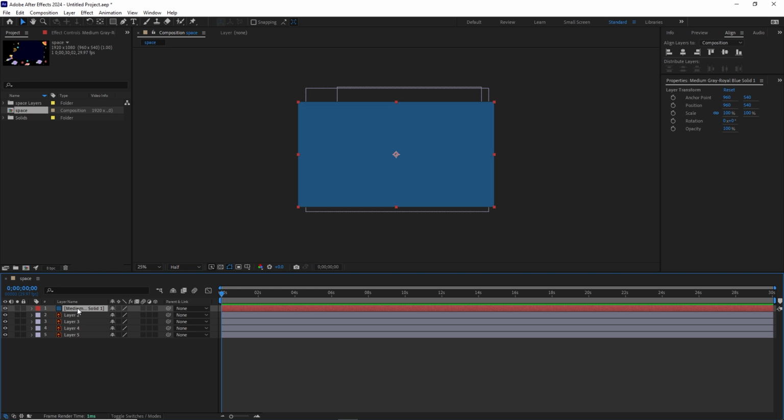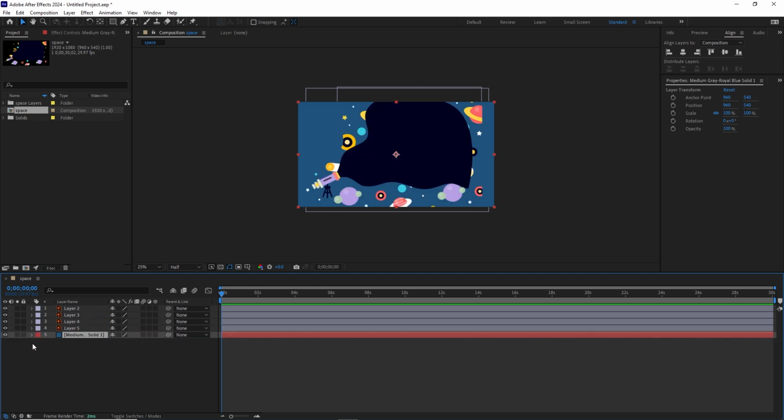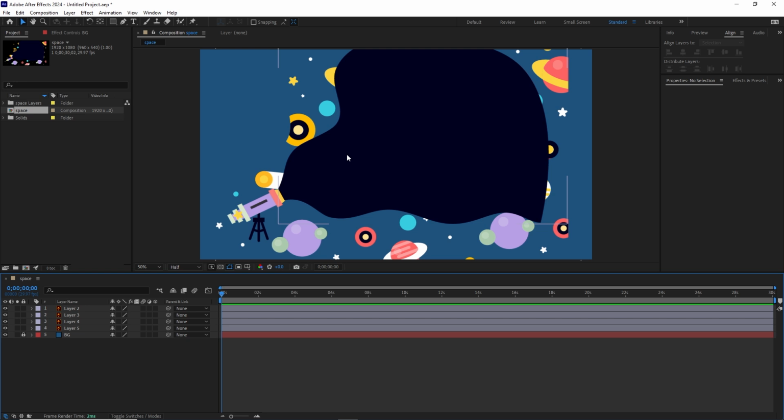And now I am going to drag this to the bottom, and I can go with enter and call this BG, and I can lock this. Okay, I don't like the color much, but I am not going to play with this, so yeah. Now I am going to rename the layers, so this one I am going to go with enter, it is going to be tripod,